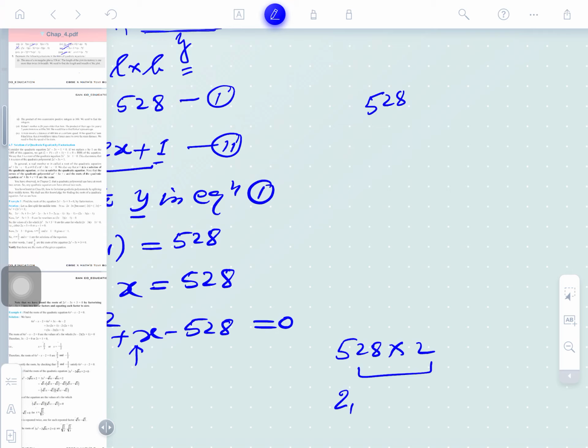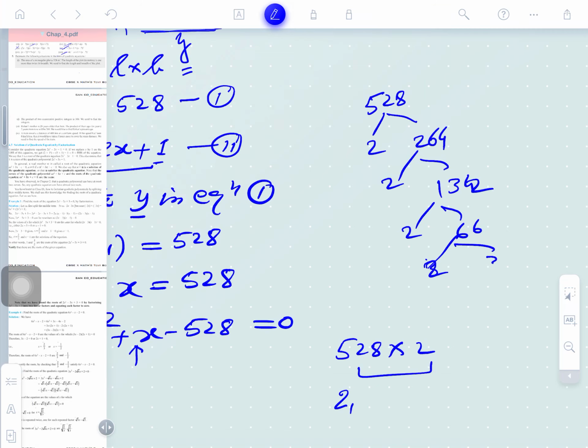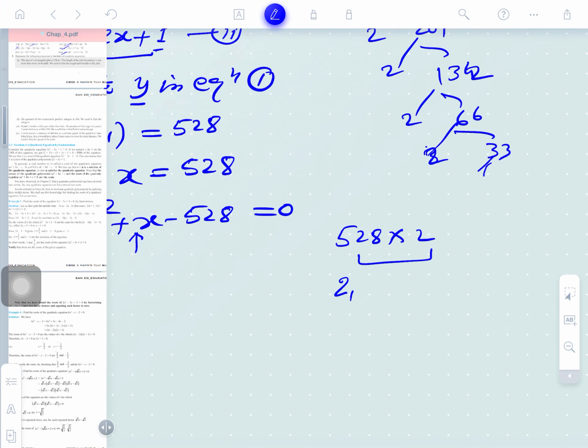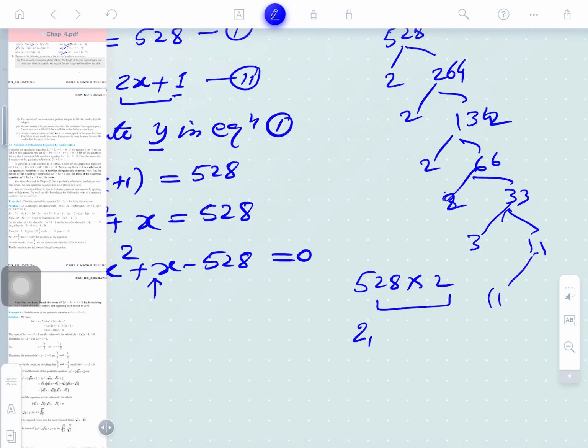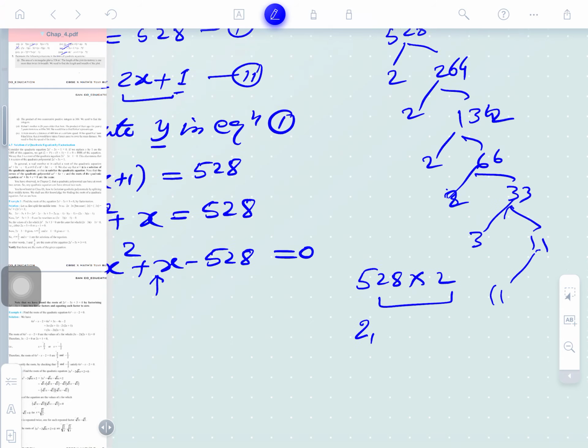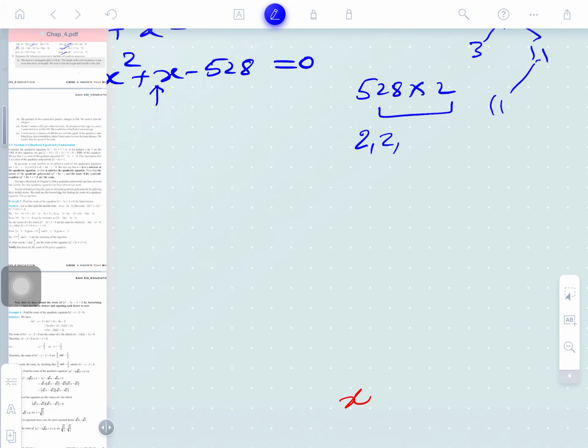It is not necessary to write the factorization representation, but you will write: 2 2s are 4, 2 6s are 12, and again 2 4s are 8, 3, and 2, again 2 6s, and 6, and again 2, it is 3 3, and furthermore 3 3s are 11. So what factors are coming here? 2 times 2 times 2 times 2 times 3 times 11. So 1 2 3 4 2s, a 3 and an 11 and again 2. So these factors are there.